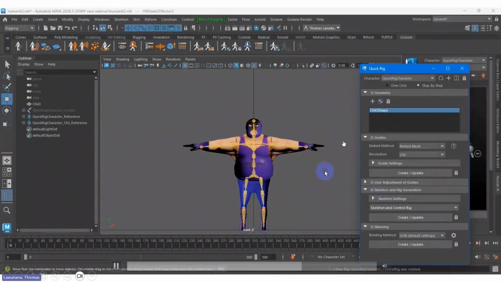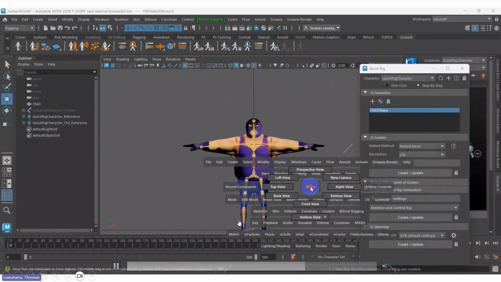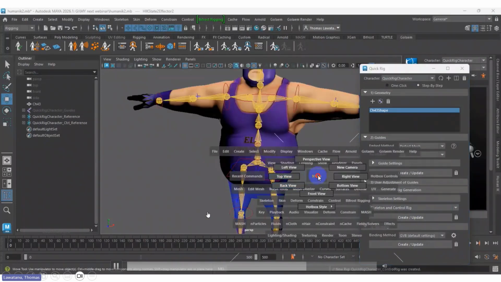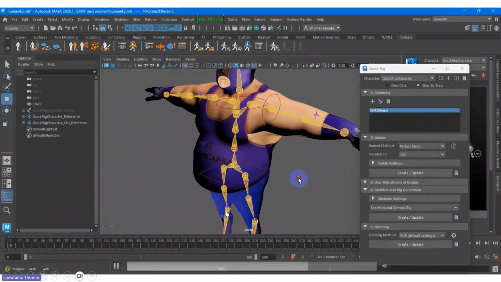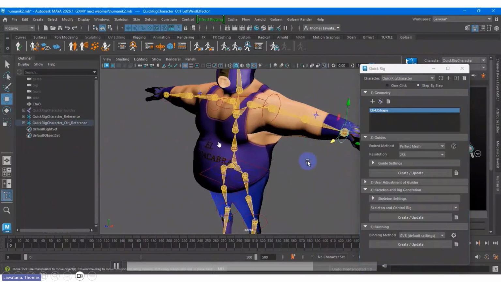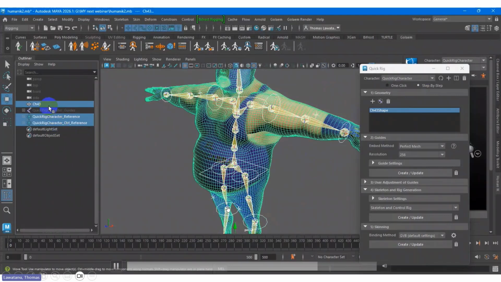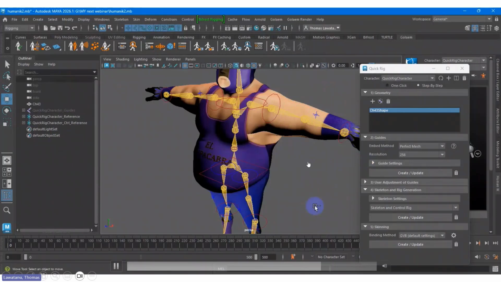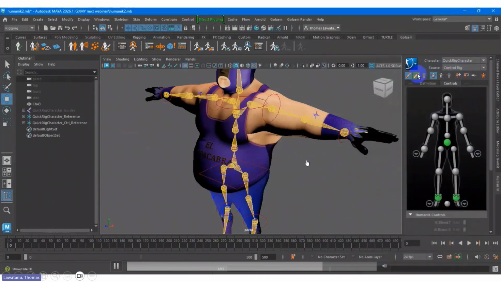Okay, after this, I think I made a mistake in this part. Why? Because I forgot to define the foot position. Once I forget to define any part of your HumanIK with the Quick Rig, it is missing, see, this one. That's why I made a mistake, so I repeat the process again, one by one.